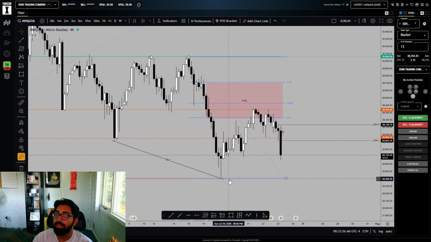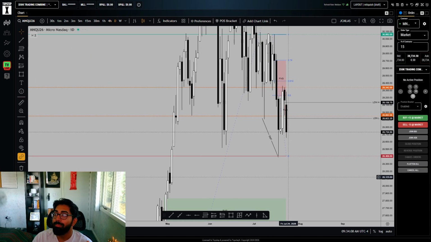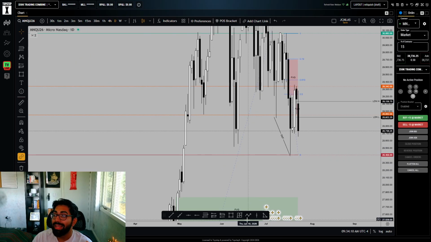So this high to this low, this was the 50% and 61.8% range that price perfectly retraced into, and now it's continuing in the dominant trend direction, which looks like we want to take out last week's low right here. Now, last week's low is also an intermediate low. Now, what that means is